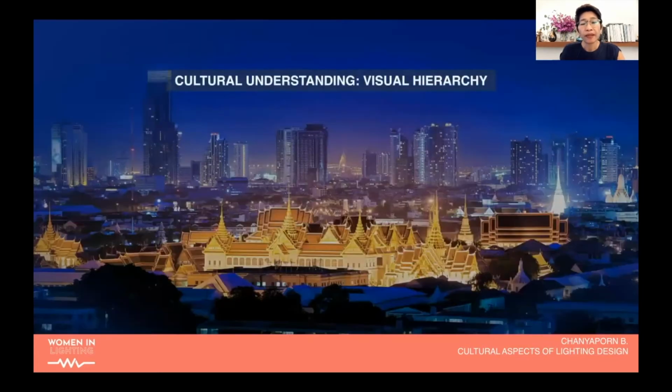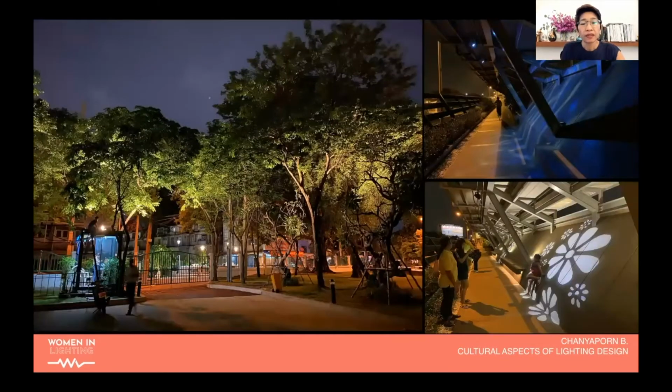Here is the current condition of the Grand Palace, which is supposed to be the most important in terms of the visual hierarchy, but you see the white shading is very bright in the background, which should be corrected to give a more appropriate visual hierarchy. We also had chances to try out different lighting techniques and the use of different design elements, water ripples, projections of flower graphics, to help with wayfinding for urban lighting.